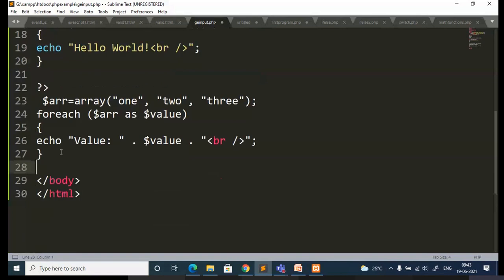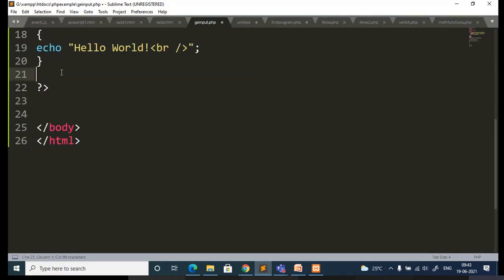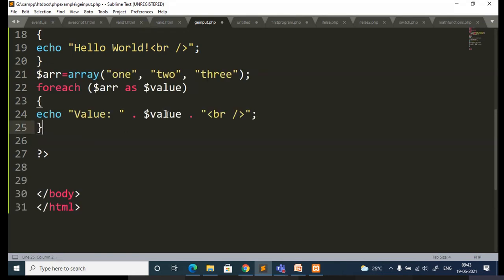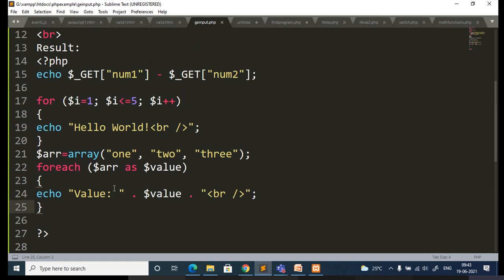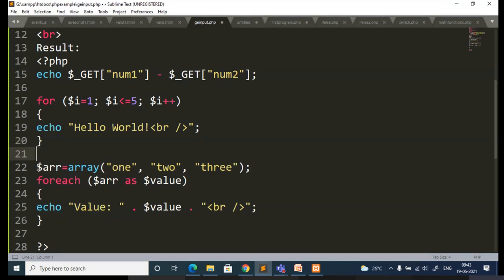When you are executing, try to execute by yourself. So I need to put this within the PHP tag. Okay, so values 1, 2, 3. So those are the array elements. Just have a look at how it is done. This is the declaration of an array, declaration plus initialization, where you initialize it with 3 elements.